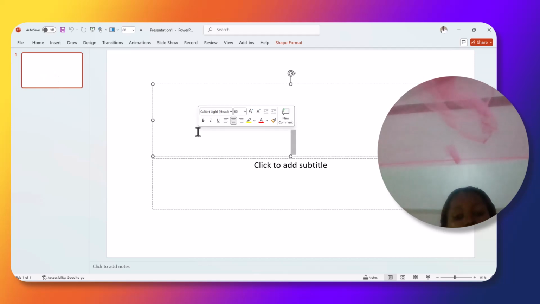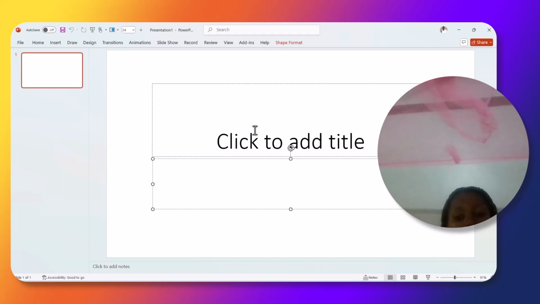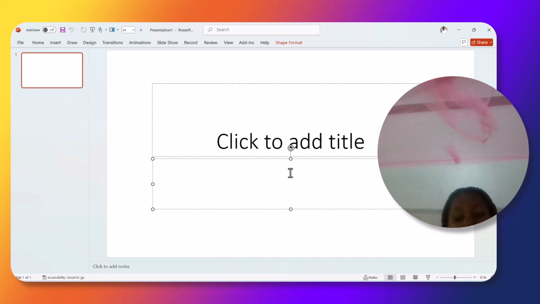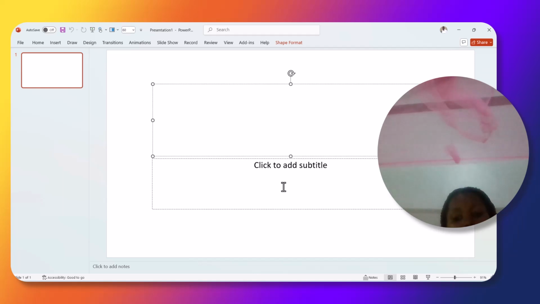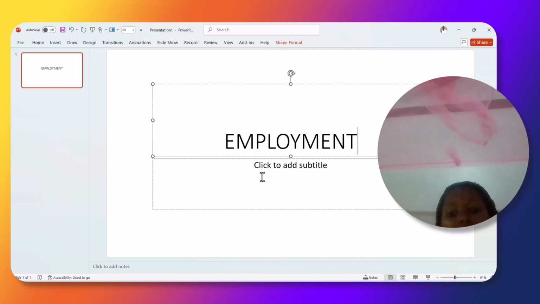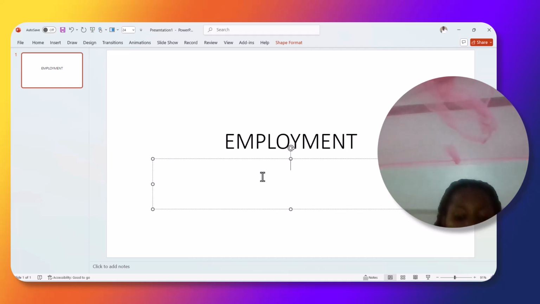It has the title part. When you click on it, that's the title part, and this other part is for the subtitle. So if you probably want to write about maybe your topic of interest is employment, and that is like the topic, and maybe the writer is me,